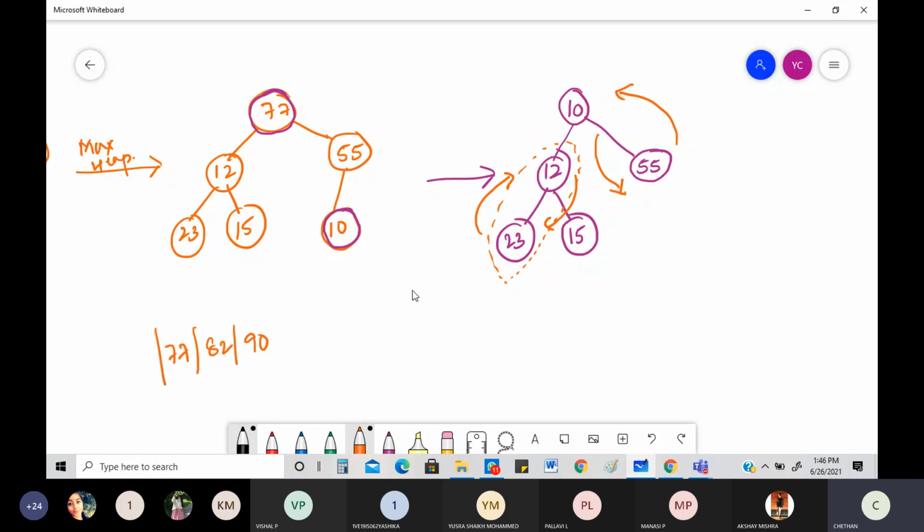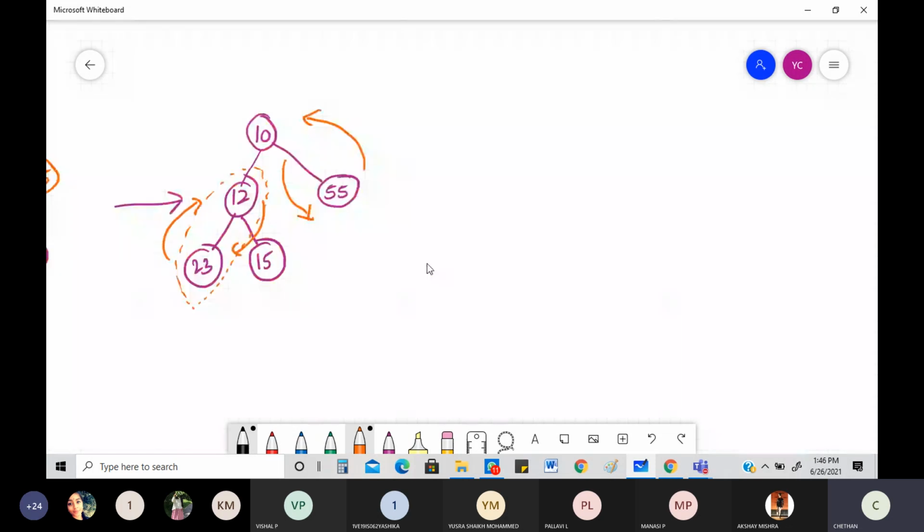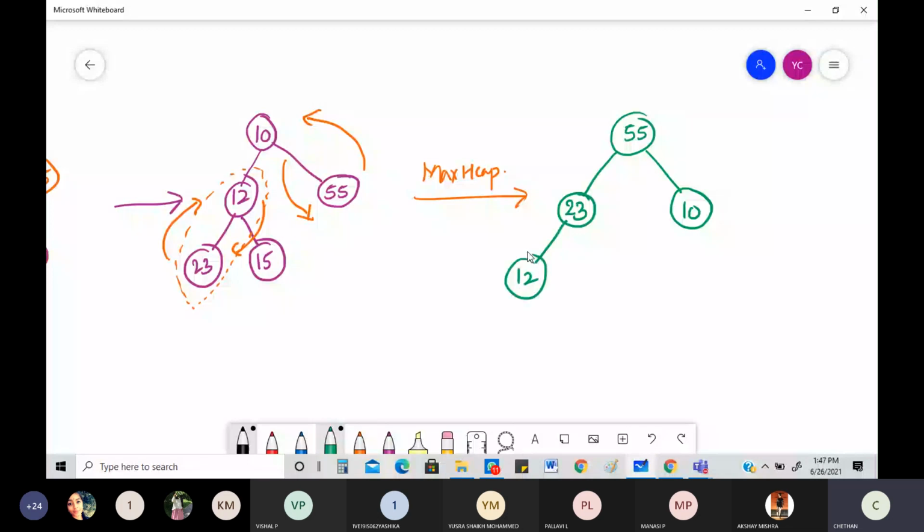So what will be the next number that will be joining? It will be 55. Okay, so I'll do the modification of this. Then to create this as a maximum heap, I want to create this as a maximum heap. So what is the number we are going to get? Okay, so you will be having the same old thing. 55 will be coming on top. I'm interchanging that with 10. So 10 will be here. Okay. I need to interchange 23 with 12. Make sure that 23 is coming on top. So 23 will be here. In place of 23, I'll be having 12. Here it will be 15.